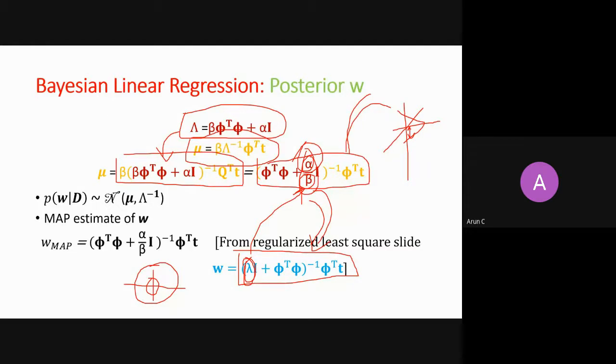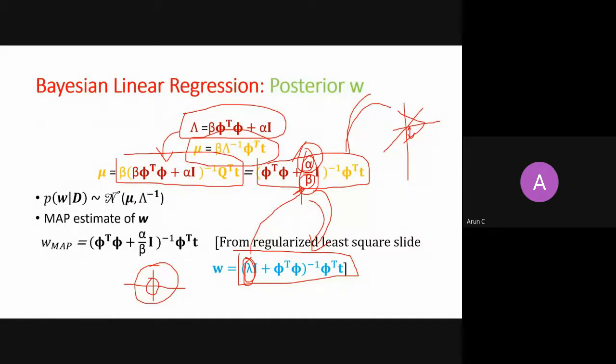So we have connected this with regularization. To bring regularization into the picture, you can always define a prior and then estimate your parameters. If you estimate a parameter after applying a prior, it is nothing but regularization, right? So in Bayesian, you don't need to specifically bring lambda into the picture, but you define a prior over it, and once you simplify it, it is nothing but a regularized version, right?